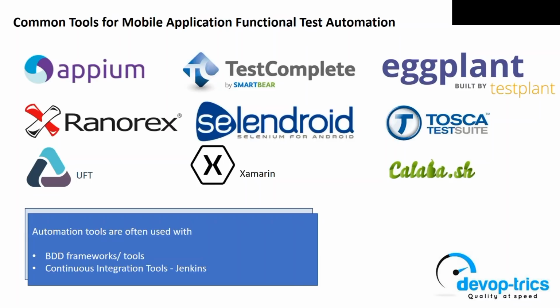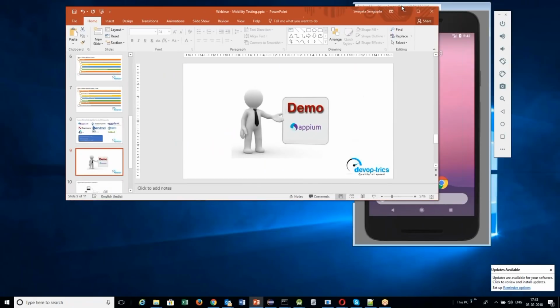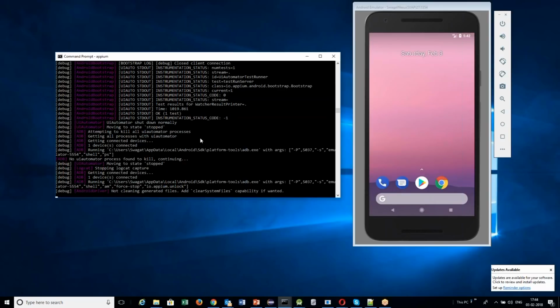Okay, so that's how things are. So now we will go and see a quick demo of Appium. Okay, now I'll just minimize this, and on my machine I have an emulator running for Android. This emulates a Nexus device. Okay, and I have Appium server running,